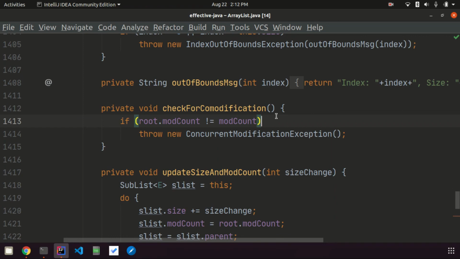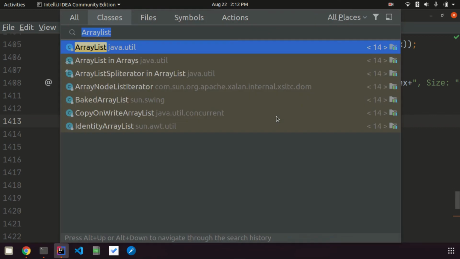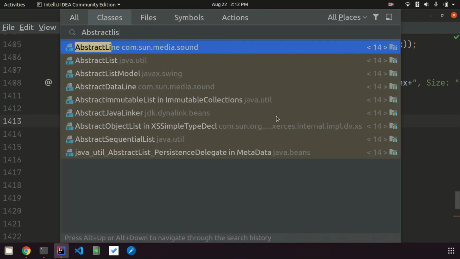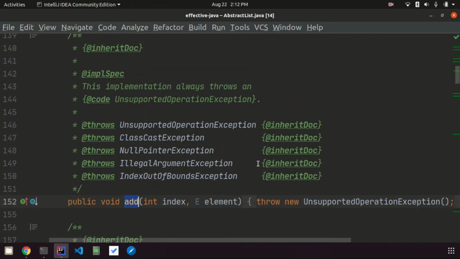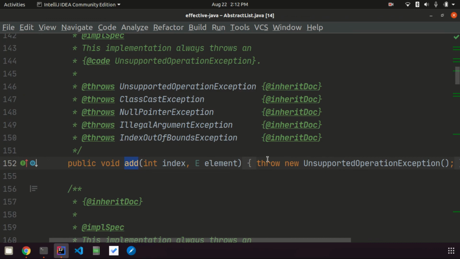In those cases it can throw the UnsupportedOperationException. We can see that documented in one of the classes like AbstractList, for example. For some of the methods like the add method, if they don't support it, we can throw the UnsupportedOperationException. In this case AbstractList doesn't do much, the actual implementation classes do the add operation, so it is throwing the UnsupportedOperationException.